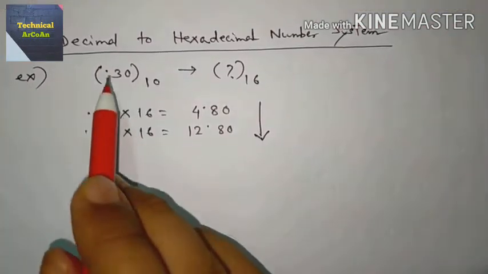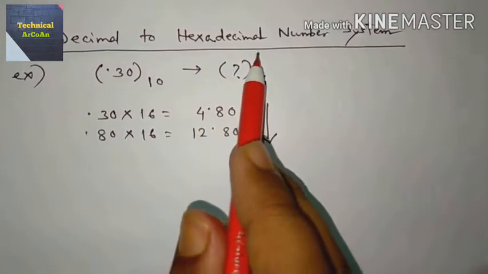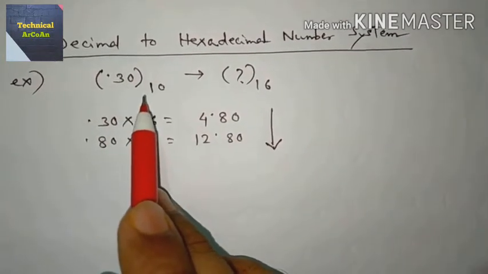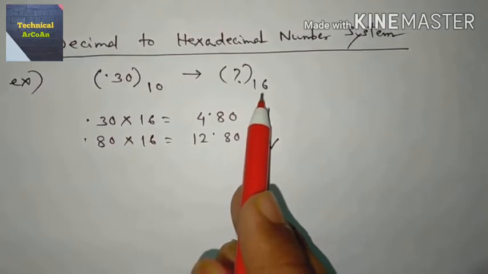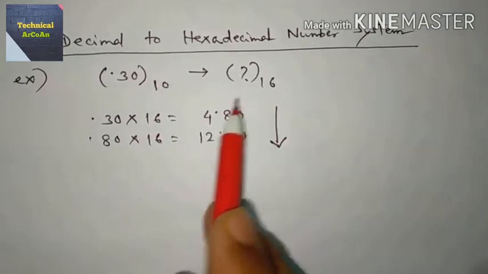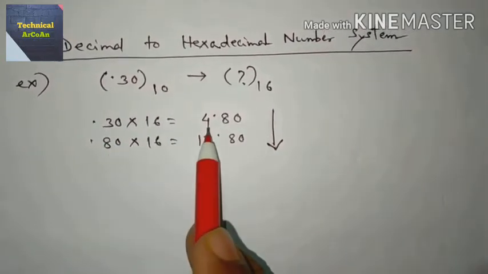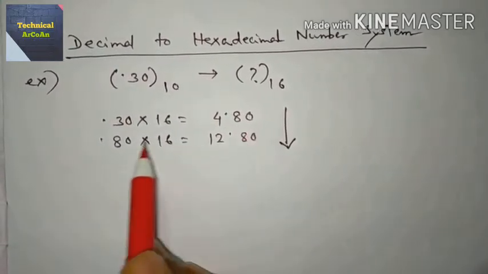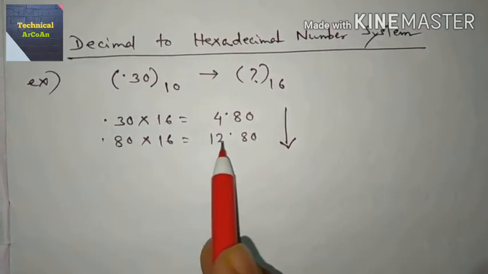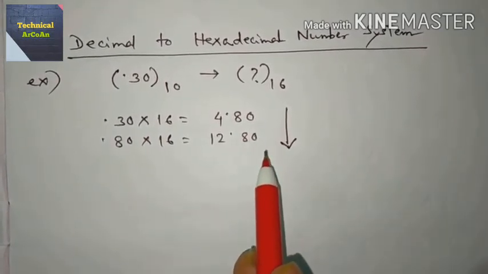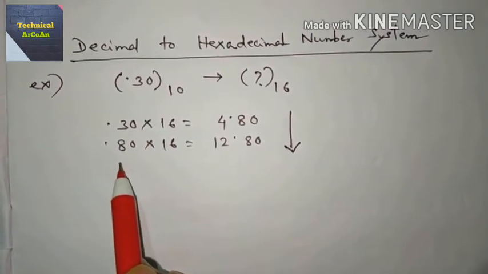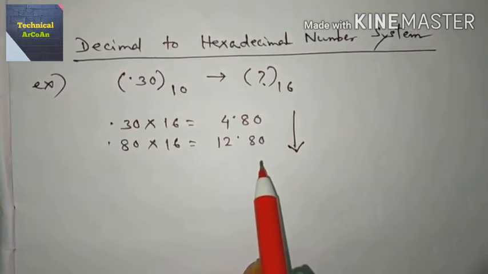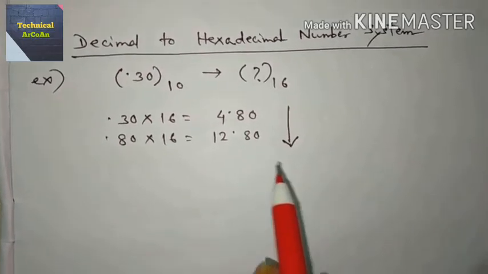Now the next conversion, decimal to hexadecimal, where the number is fractional. Okay, so what will we do? Multiply by 16. So 0.30 times 16 means 4.80. Only the fraction part is taken, so 0.80 times 16 is 12.80. We stop calculating here. Why? Because every time 0.80 will come, the fraction will be 0.80 every time. So in that case, we don't need to go further. So stop calculating. What will be the result?